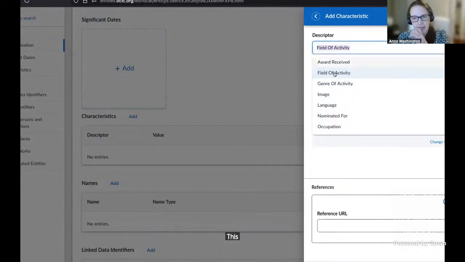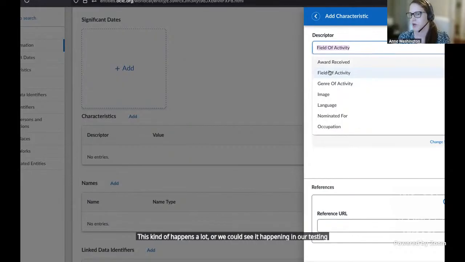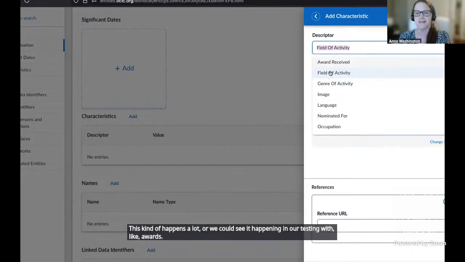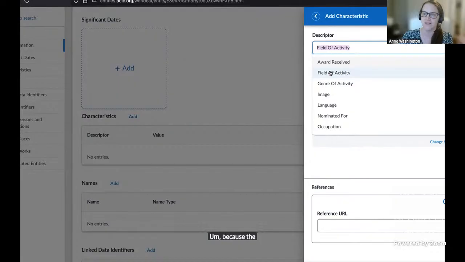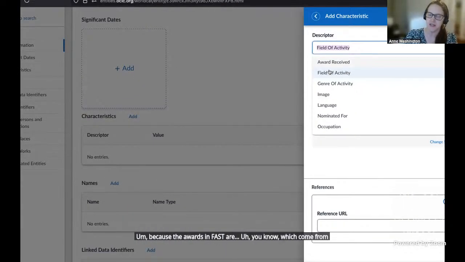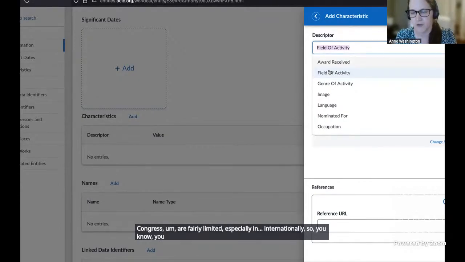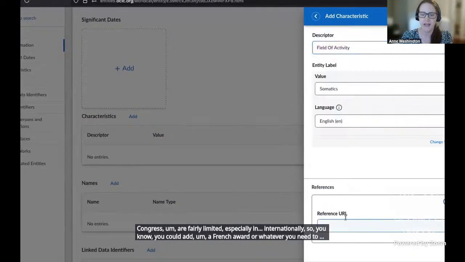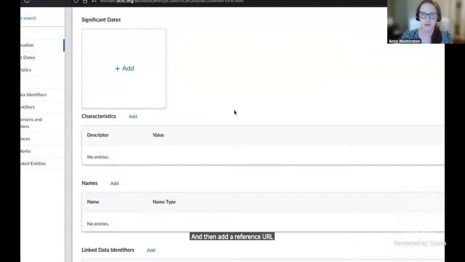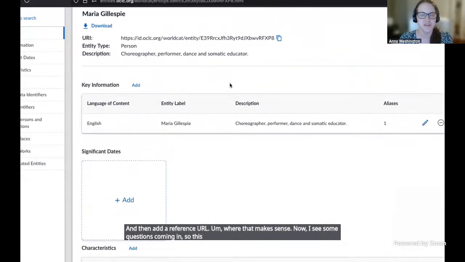This happens a lot, or we could see it happening in our testing, with awards, because the awards in FAST, which come from Library of Congress, are fairly limited, especially internationally. So you could add a French award or whatever you need from here, and then add a reference URL where that makes sense. Now I see some questions coming in, so this was just a zip through this.